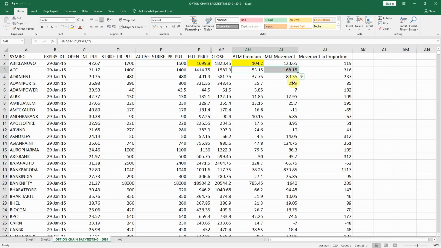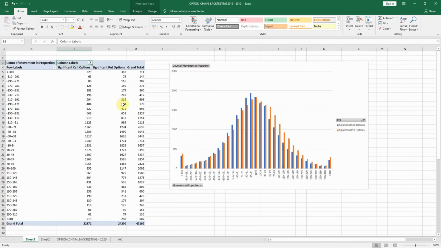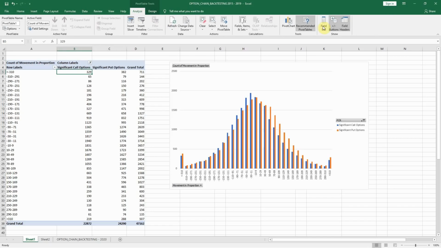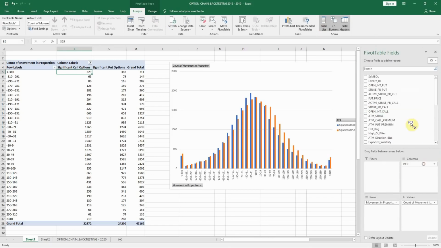Am I right? But we want to know how many times, out of this 2.4 lakh sample, because we should not be excited by seeing one or a few attempts. That's why I often tell people, don't judge your system, don't judge someone's system just by looking at a limited sample. Of course, that's a very common statement. I think that's a pretty advanced PCR now. Let me take that out. So if you look at the